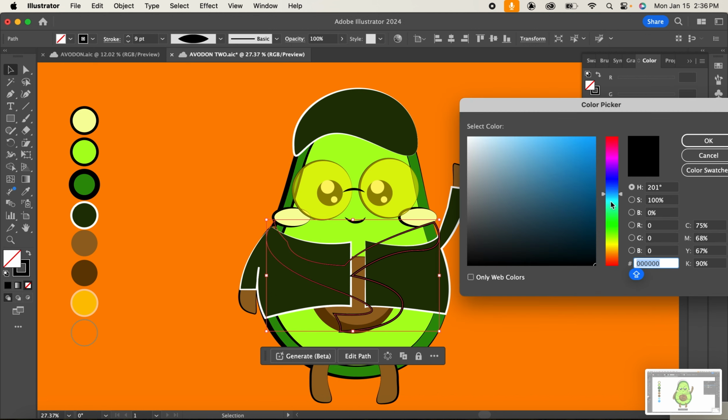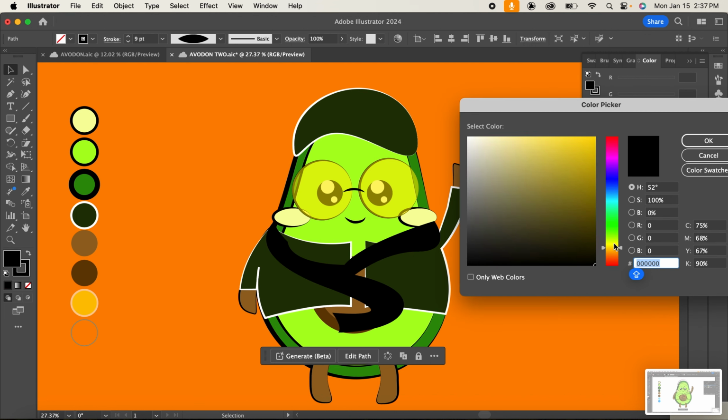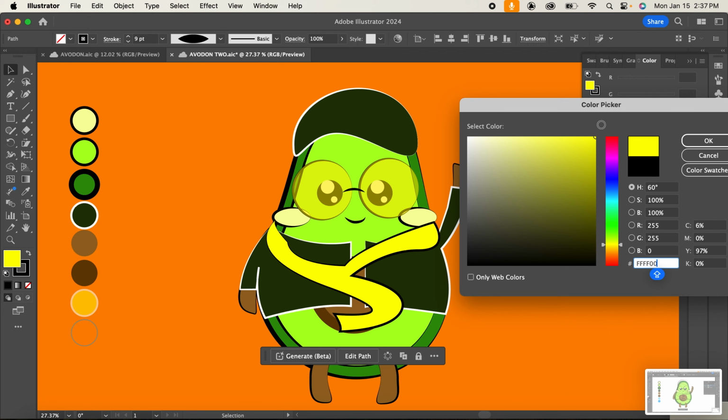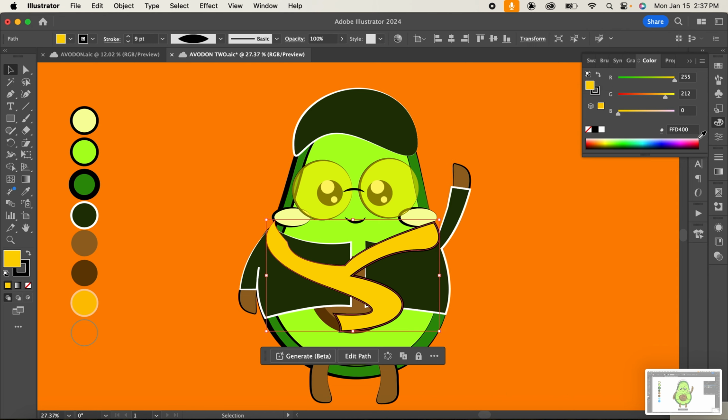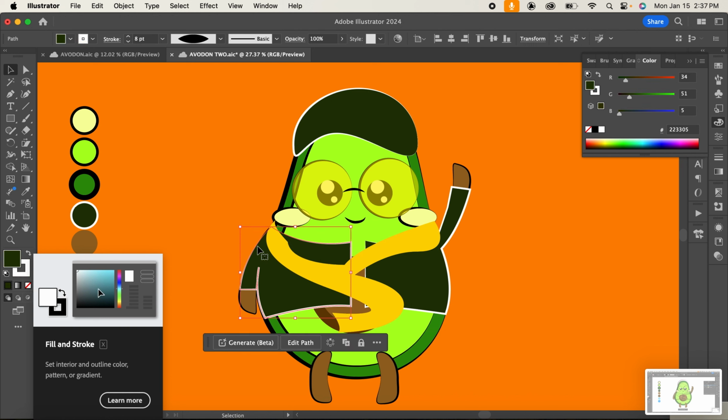Okay guys, so we've gotten a great deal done so far. We got the clothing, the color combinations for the avocado, which is perfect. So now I just wanted to add a little shadow and some highlights on there. And I wanted to place the shadow on the left side of the body because further along in the video